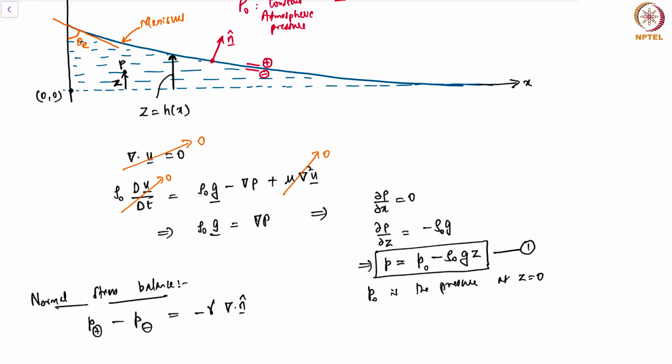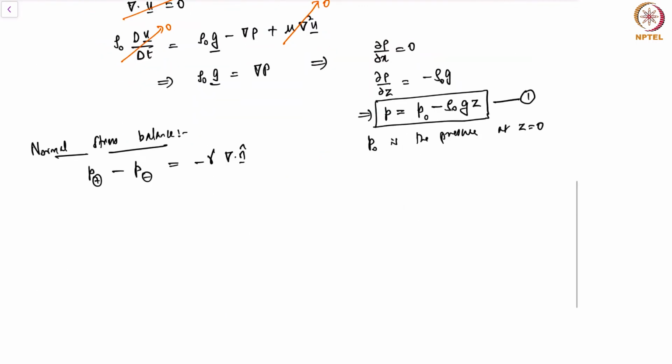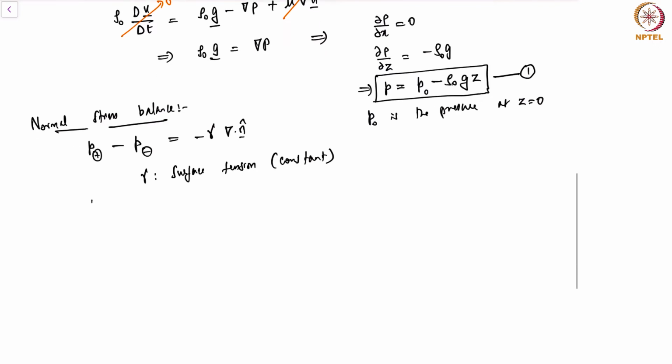So therefore I can now relate the pressure across the interface at any given location in terms of the local curvature and the value of surface tension. Now gamma is surface tension. It is constant for us. And we also know that pressure above is nothing but P naught,